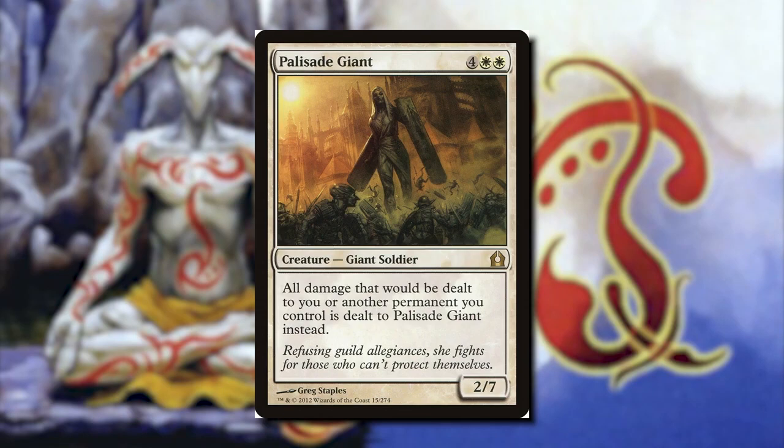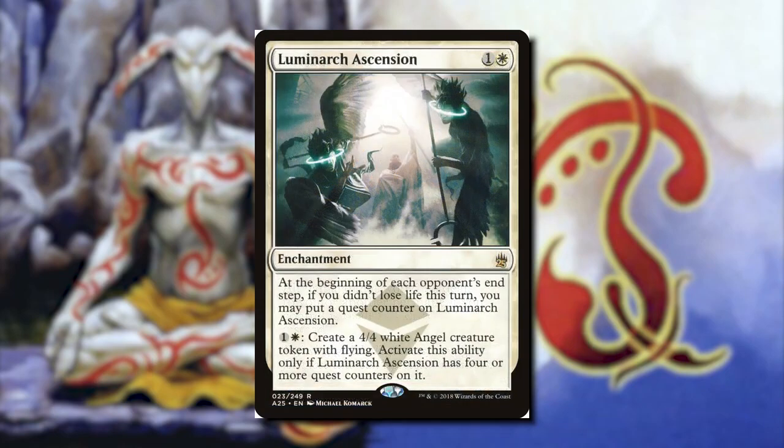And since we are no longer taking damage as well as our creatures, we can start casting things like Luminarch Ascension, which normally we have 4 of our opponent's end steps to be able to have this crazy ability where we just pay 2 mana to create a 4/4 white angel creature token with flying. Well, we don't lose any life because we don't take any damage, so this is a great card,